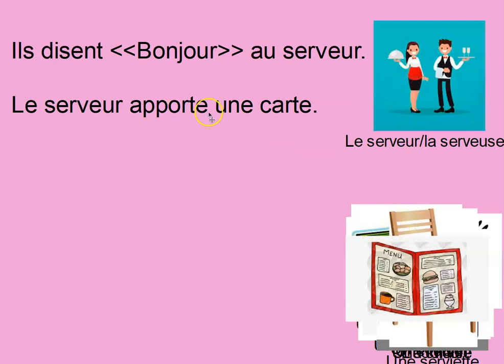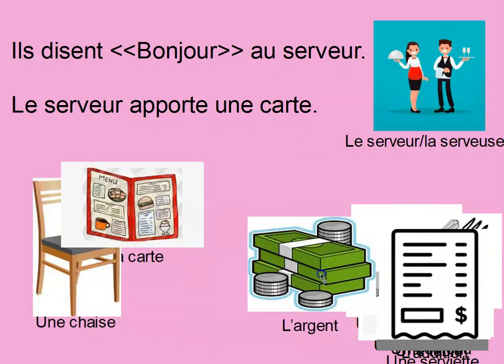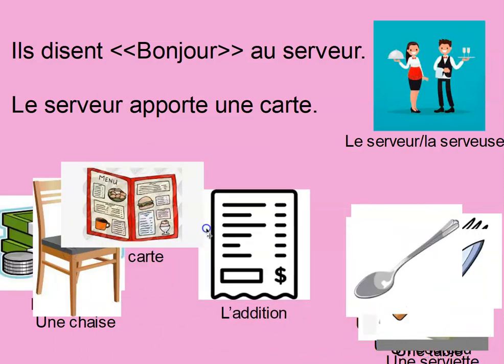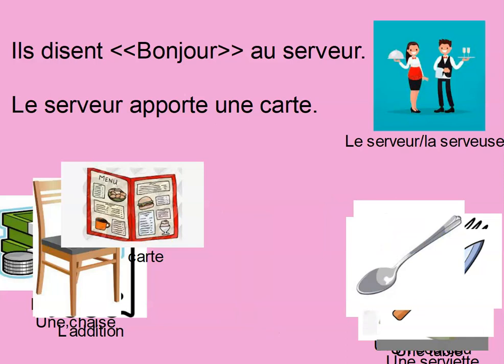So the waiter brings a menu. He brings a menu. Does he bring a chair? No, he doesn't bring a chair. That's ridiculous. Does he bring money? No, he doesn't bring money. That's ridiculous. Does he bring the bill? You haven't even ordered anything. No, he doesn't bring the bill. Does he bring a spoon? You don't have food. So, we were able to go through each thing, and they heard the circling helped them